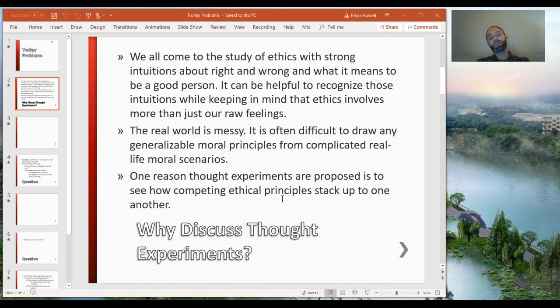And these thought experiments are designed to give us a simple scenario in which to discuss our intuitions and start discussing ethical arguments. So they can make the discussion flow a little bit better because it'll be a little bit more focused. We can sort of bracket out some of the complications in the real world and focus on the morally relevant features of a situation. And the last reason I'll talk about is